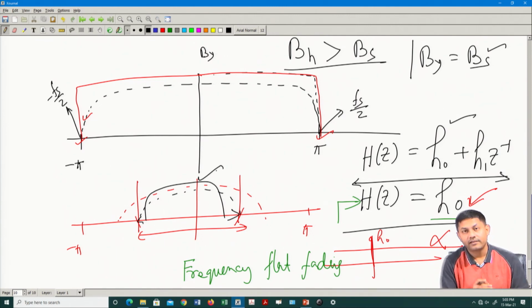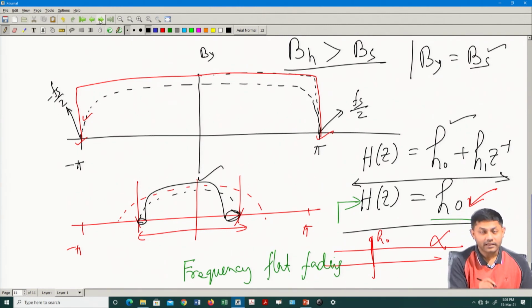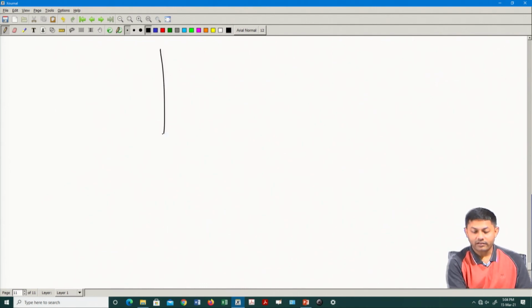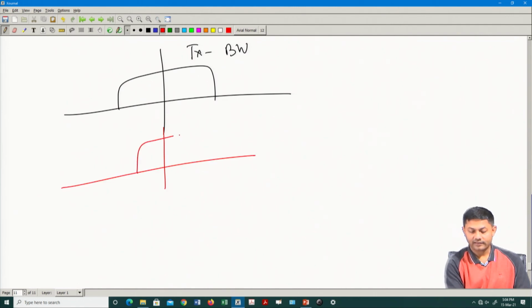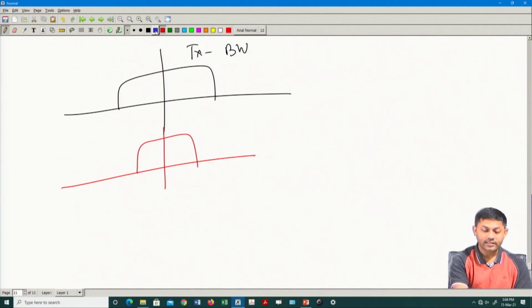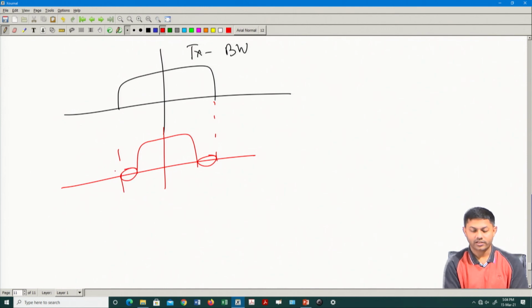So, what is the impact of it? Then only I can see some of the points or some of the data can be discarded. What does it mean in the time domain? If I have a signal bandwidth, say this is my transmission bandwidth, and after reception it gets shortened. The bandwidth is shorter. What is the time domain impact? You will naturally see some sort of aliasing, because some of the components are lost, right? Some of the components are lost.